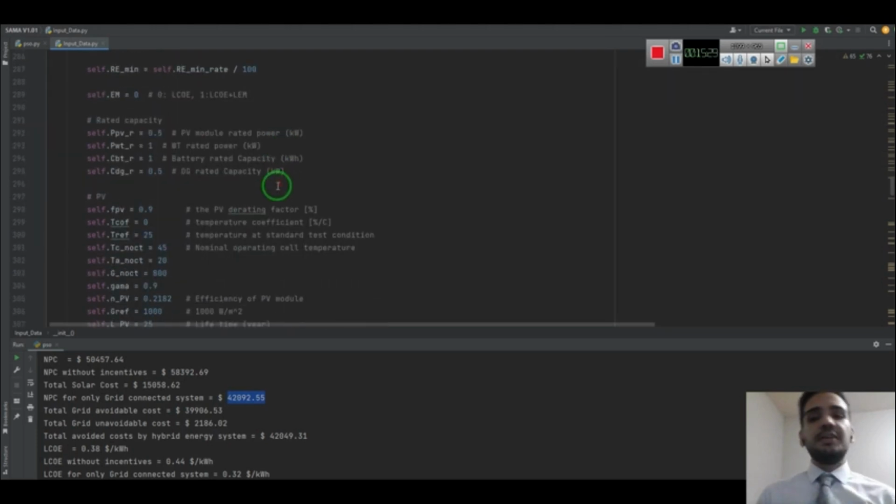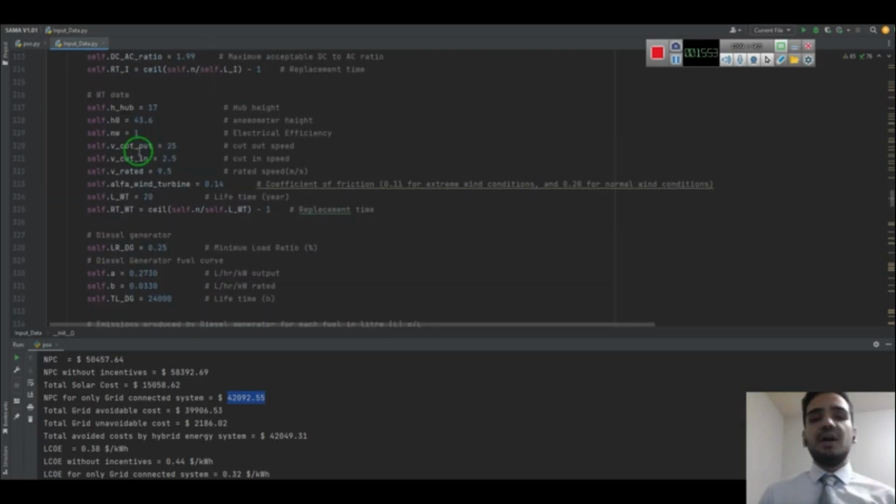There are other technical inputs that a user can change, like PV rating factor and temperature coefficients. But if you are not going to deal with the technical values, you can use the typical values that I previously mentioned. I defined all of these values inside the paper and referenced them based on the literature.